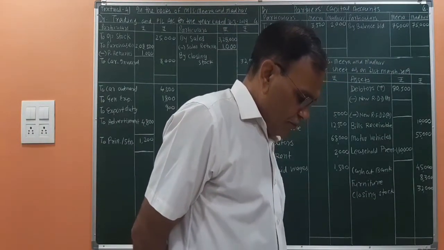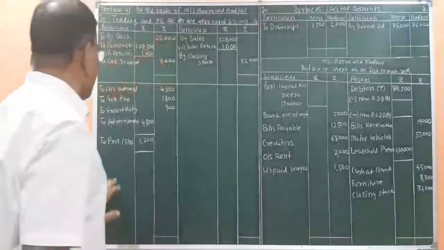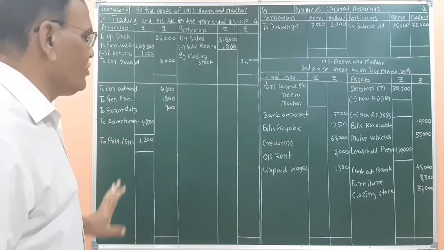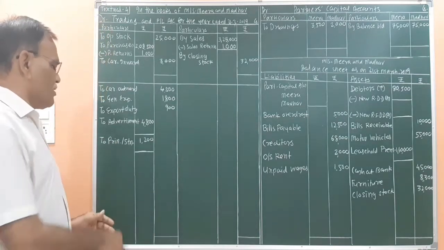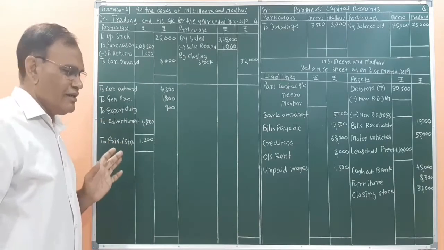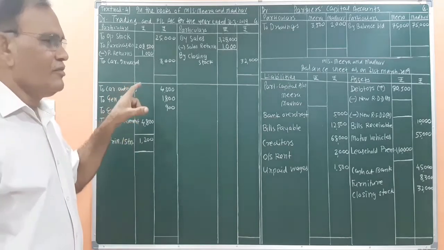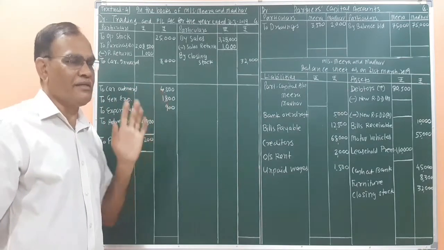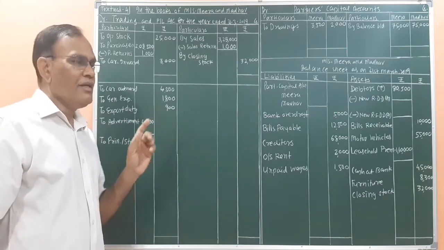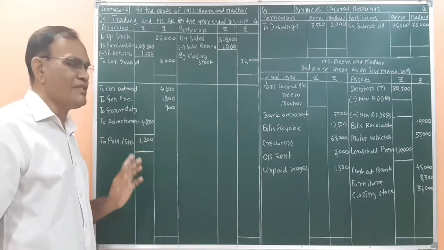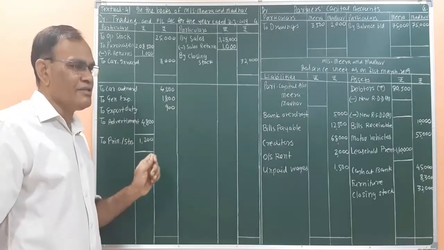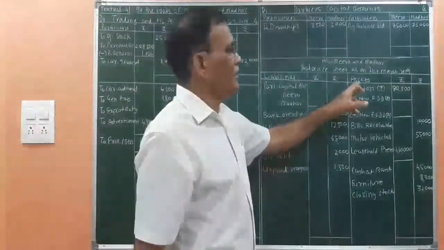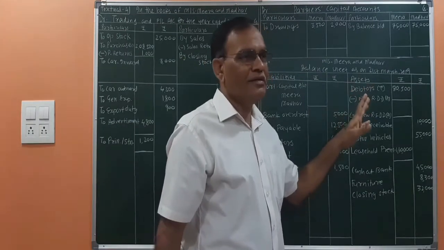Then provision for doubtful debts. Now we are not having any bad debts. We are not having any old reserve. We are having only the new reserve. Because of the spacing problem, I am just showing that single entry. You are supposed to prepare the formula of the bad debts, and in that formula you will keep new bad debts blank. In new reserve for doubtful debts you will write this figure which I am writing here. And old reserve for doubtful debts, that is old RDD, you will keep blank. And in debtors, minus new bad debts, you will keep blank there, minus new RDD.